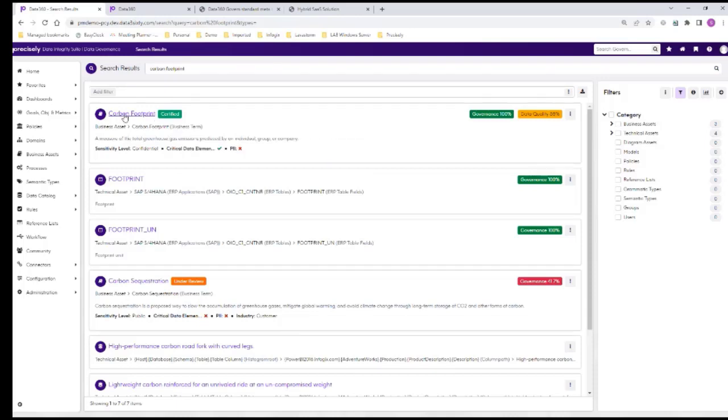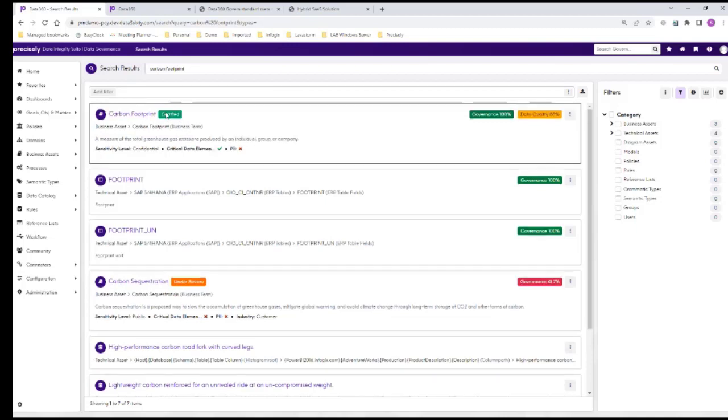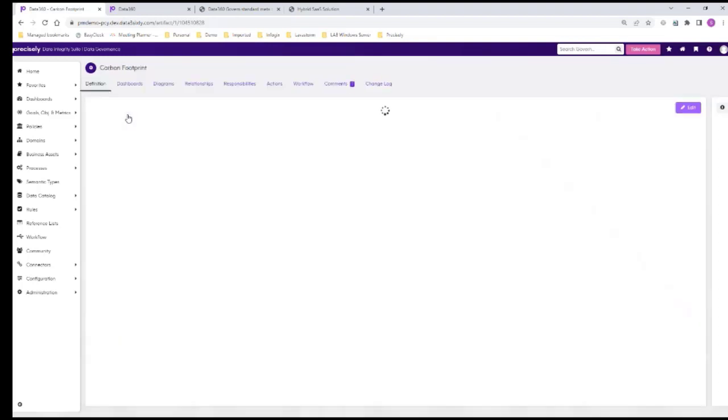And I can see here my carbon footprint. I can see the status of my asset. I can understand some of the scoring information for my trust, which we'll look into further. And I can see a description along with some additional information. And then I can see other results that I have. And the carbon footprint, once again, is the asset that I want to get to and focus on. So I'm going to select my carbon footprint, and I get to see the asset detail page for